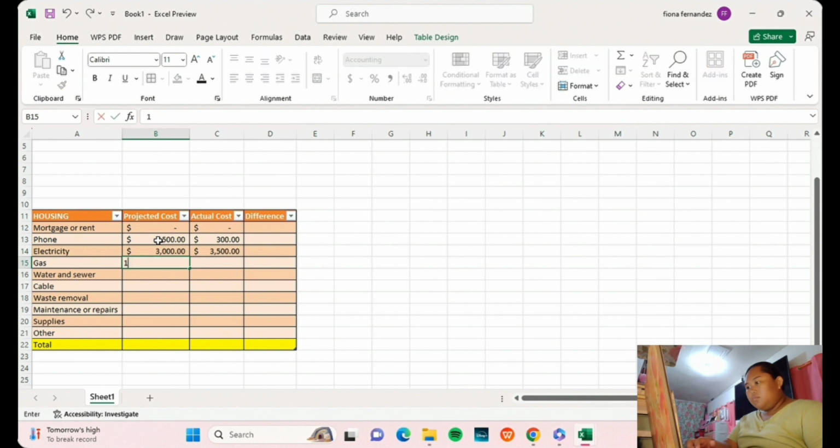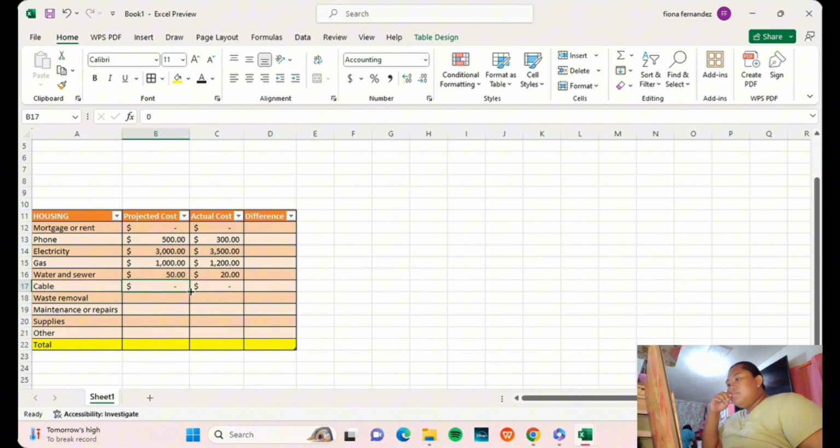I also put projected cost of gas, which is 1,000 and its actual cost 1,200. After inputting the amount of each expense,